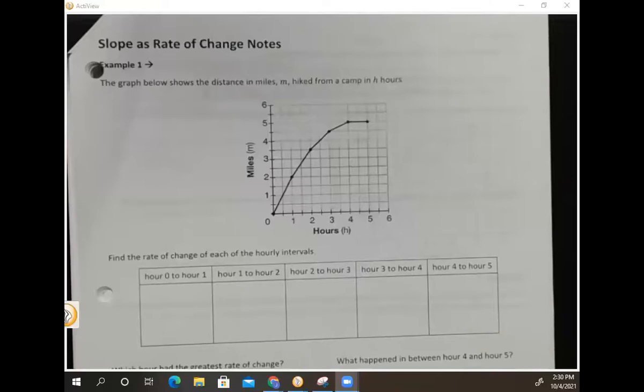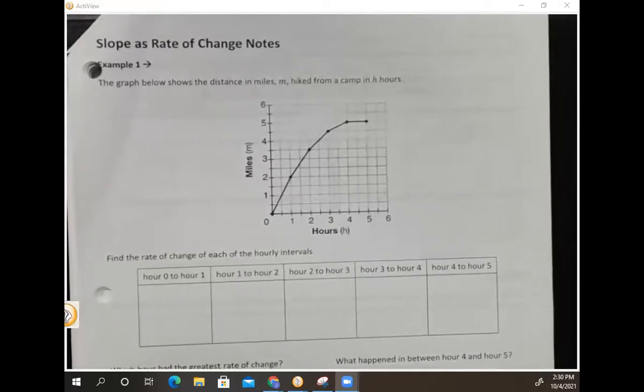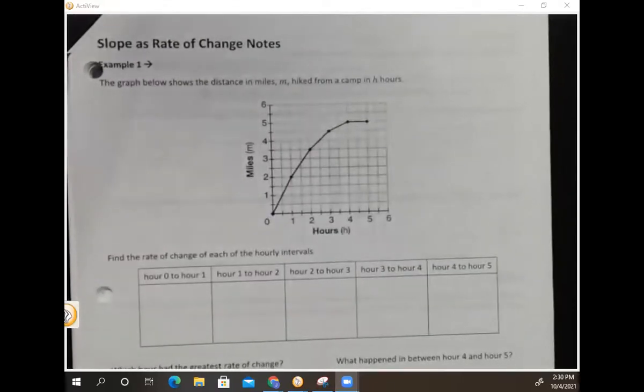We are on page 93 today in your notes packet. Last week, the last topic that we covered in our Unit 3 notes was slope. This week, we're going to start off with something called rate of change, which, spoiler alert, is the same thing as slope. Okay, so today we're going to talk about slope, but we're going to call it a rate of